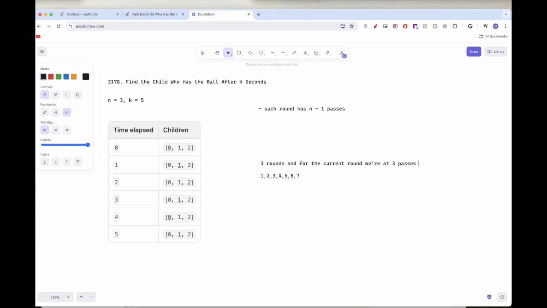Okay, how do we know, is it this place or is it this place, right? Because if we are at 3 passes, if it's forward, it could be from this to this, then from this to this, then from this to this. Or it could be from this to this, this to this, and this to this, right? In each case,